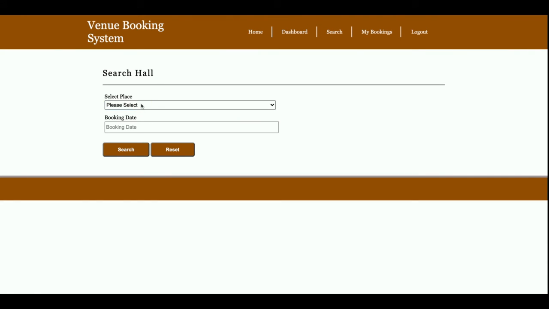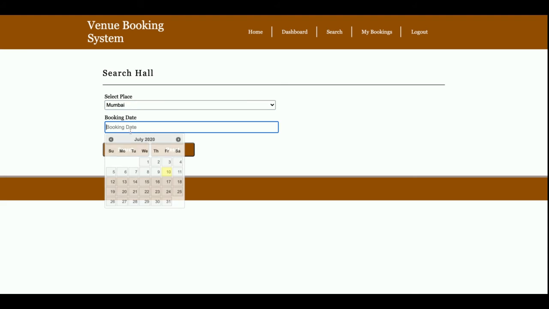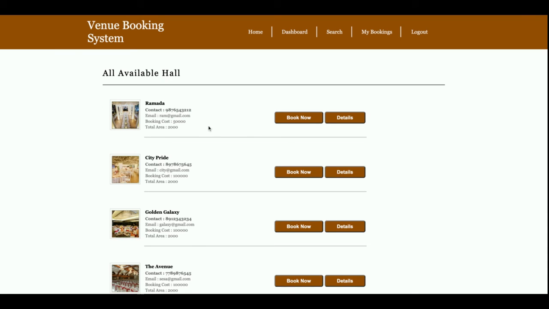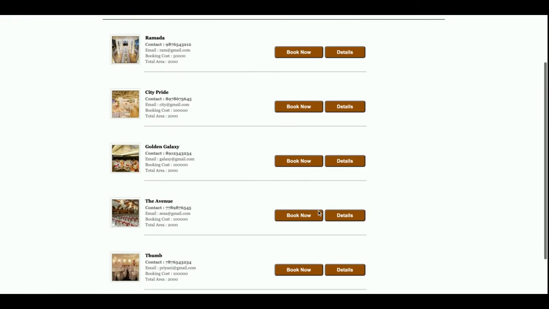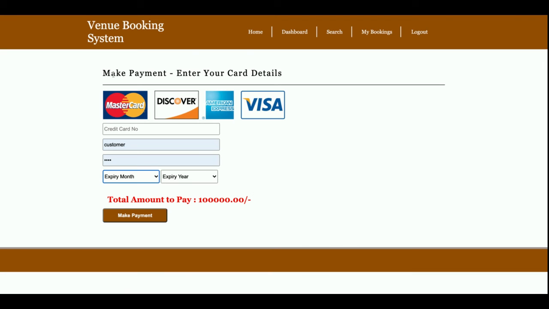Now I'm going to book the venue. For the booking date, you can choose any date. There are various venues here. Once you click on book now, it says to make payment by entering the card details. You need to enter credit card details, but there is no need to enter any valid details, just enter any fake details. I'm not validating it, and it's not making any type of external connection from this web application. This is just a dummy static page. Choose any date, any month and year.